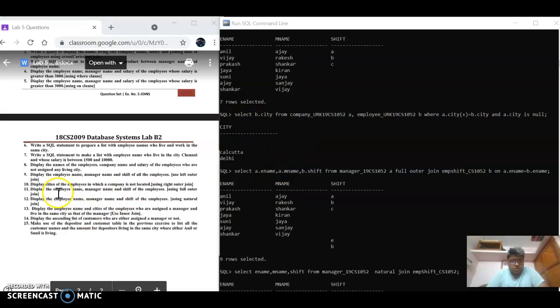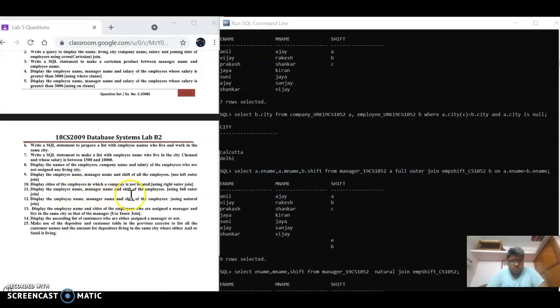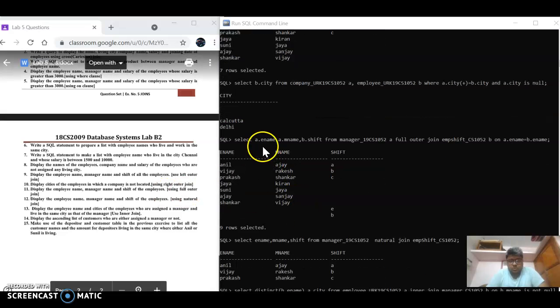And the 11th question: display employee name, manager name, and shift of employees using full outer join. So this is the totality name and B shift from a manager table and a full outer join employee shift table on E name equal to B of E name.